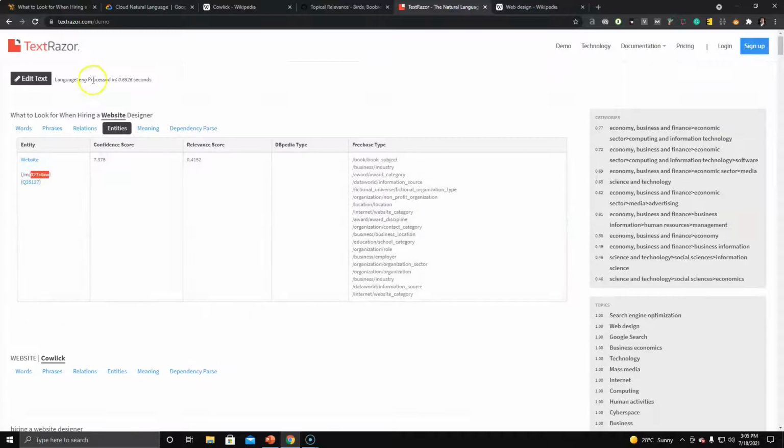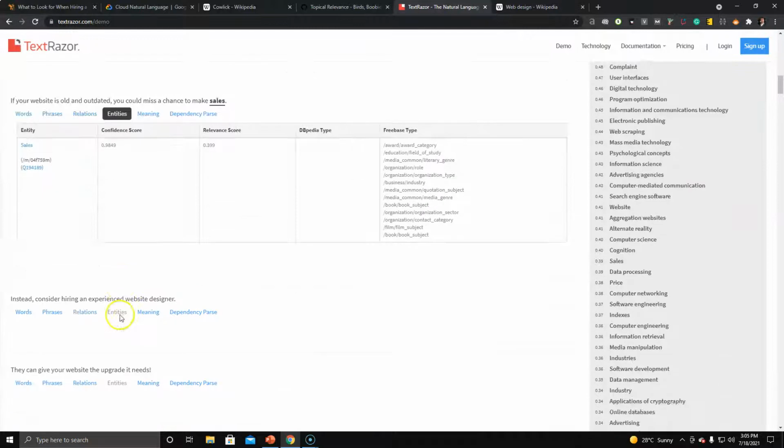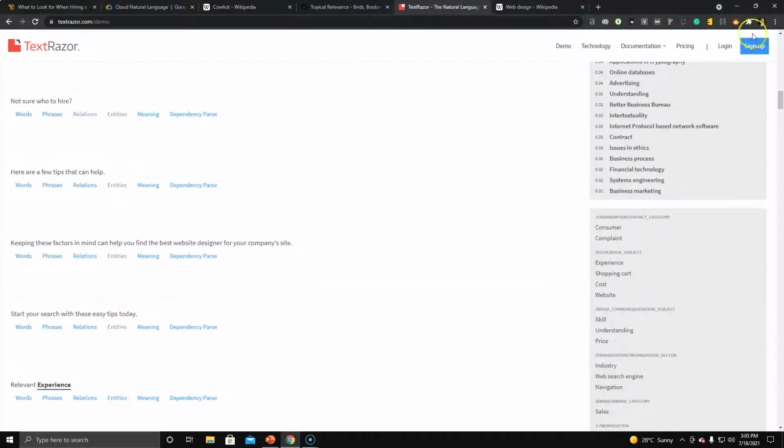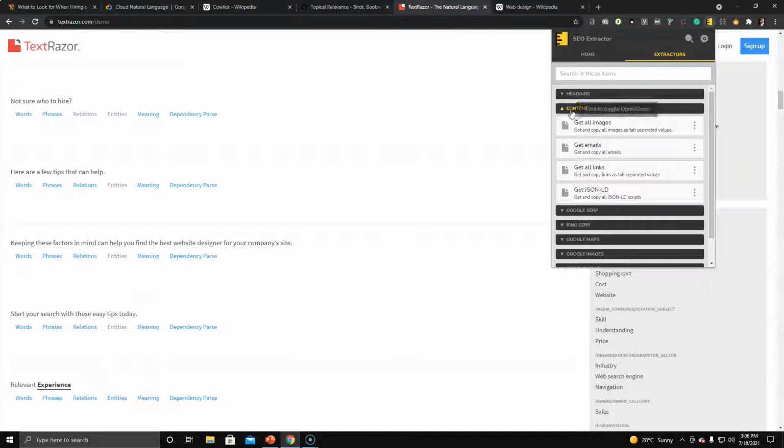So getting back to this, essentially I've found a hack as far as getting things processed a little quicker. If you go through and just hit entities for the entities that you want to extract out of the sentences here, you can use Pablo's tool, SEO Ruler. He has a Chrome extension called SEO Extractor. Just hit the content tab here, and then you can get all links. And if you hit that, you'll see that copied all links to the clipboard,